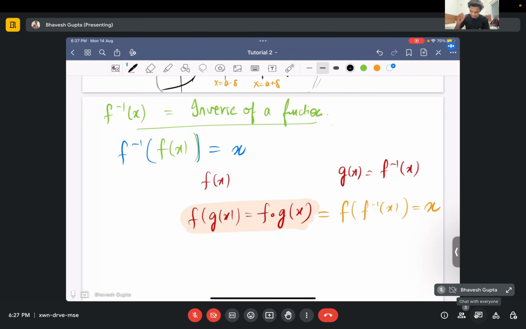Please, I repeat, please don't cancel this. This is not an algebraic thing. Okay, this is a definition. This is not like a cancel thing. This is a definition. Okay. What this definition basically tells you is that if you